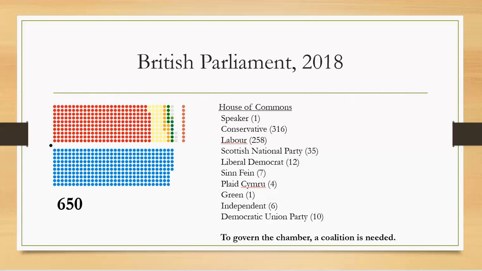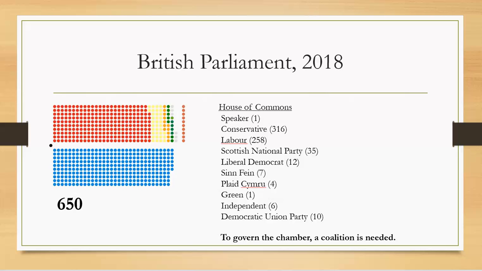If you look at the last election in the British Parliament, it gave the Conservative Party, Theresa May's party, 316 seats, not enough to have a majority. However, her rivals, the Labour Party, the mainstream left-wing party, only garnered 258 seats. What happens here for the government to actually form is a coalition. The Conservative Party aligned with the Democratic Unionist Party, which gave a coalition 326 seats, enough for Theresa May to